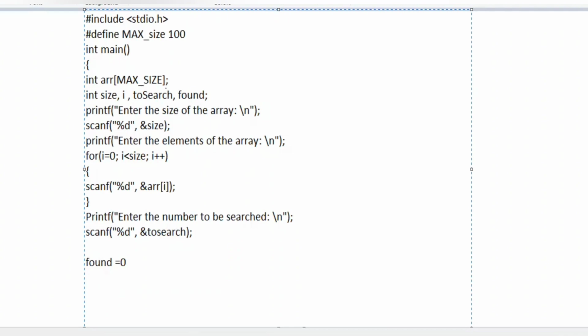Then a flag variable is taken as found, which has been initialized with 0. That means initially we have assumed that the search element does not exist in the array. So it means that the search element does not exist in the array. Okay, so for